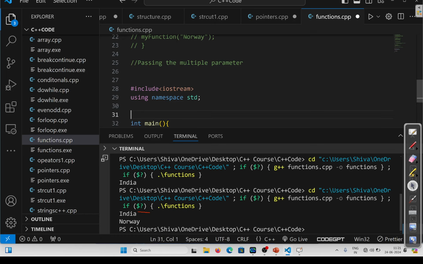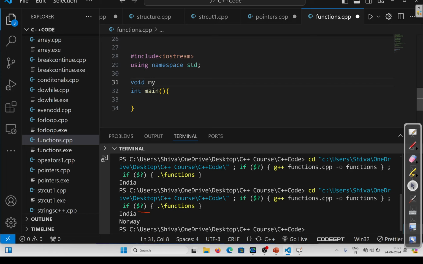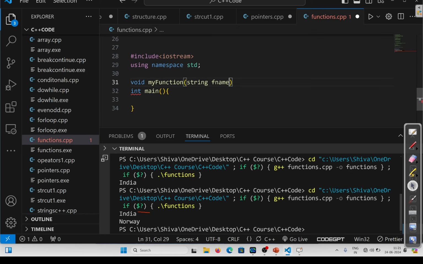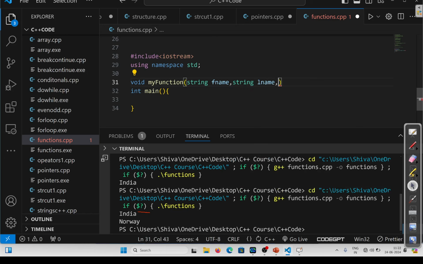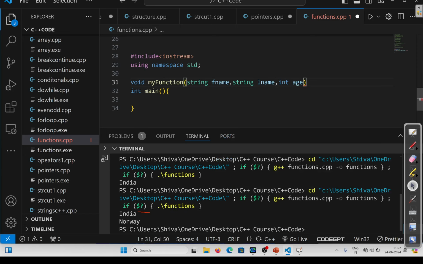But before this, I am simply creating a function. The function is of void type. This function is taking multiple arguments. Multiple arguments means first one is the f name, that means the first name, then another string, that is a last name, then another integer, that is age, then there is a character, that is gender,